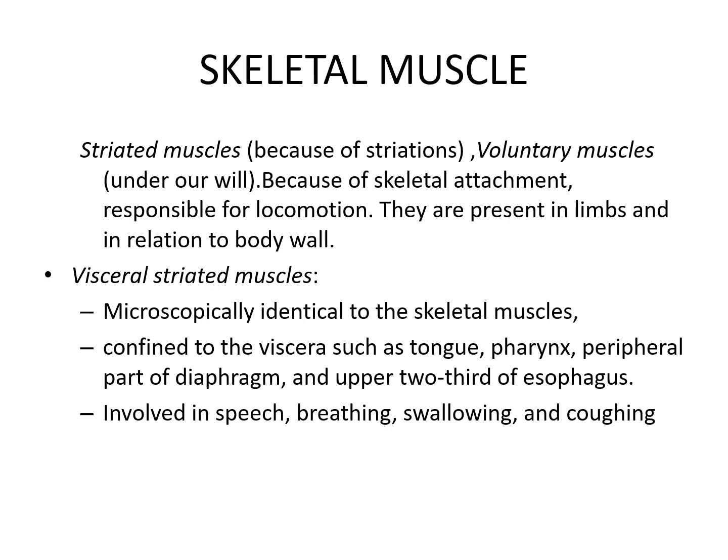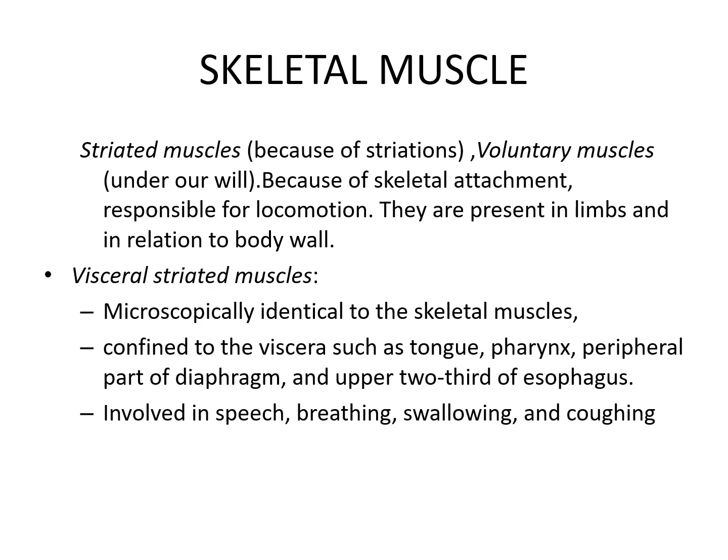First, we will see the histology of skeletal muscle. Skeletal muscles are known as striated muscles because they show striations. These are voluntary muscles because their action is under control or under our will. And as they are attached to the skeleton, they are also known as skeletal muscles, and they are mainly responsible